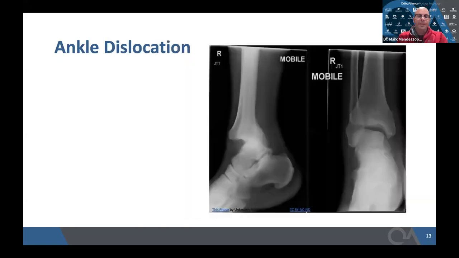And last but not least, ankle dislocation means that the joint pops out of the socket. And if that joint pops out of the socket, that is immediate surgical intervention, or you have to reduce that fracture. Otherwise, a person can lose sensation, the blood supply can be compromised, and you can start losing blood flow to the tissue, and that is not a good thing. So if an ankle dislocation comes to the ER, hopefully the emergency room people can relocate it under some sedation, pop it back into place so the blood flow and nerves won't be damaged long term.